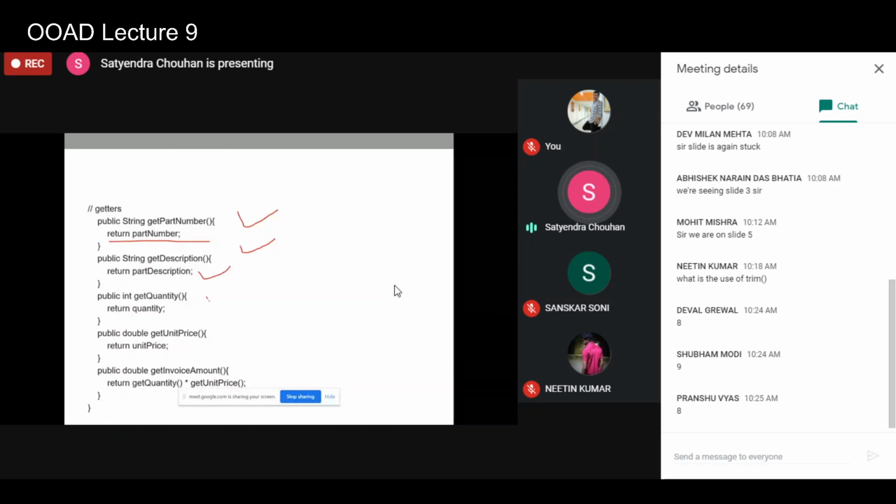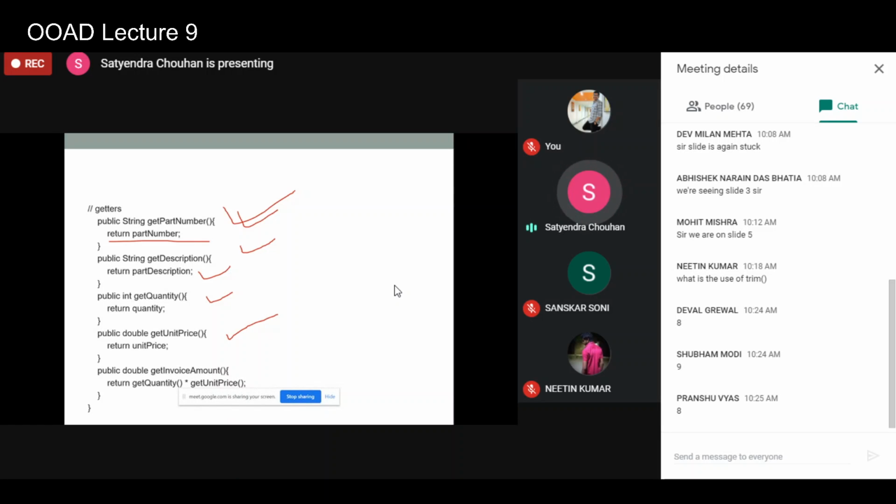Why are we doing so? Because outside this class, whether it is the main class or any other class, if you want to access the data members, you should not directly access them. Instead, you can use the methods provided in this class, the get or set methods, to access the private data members.